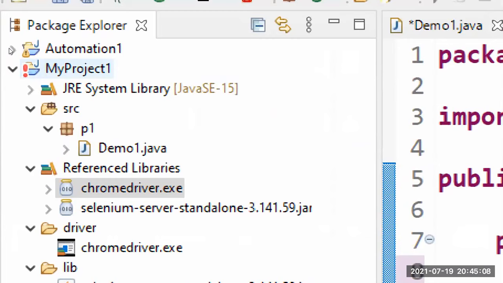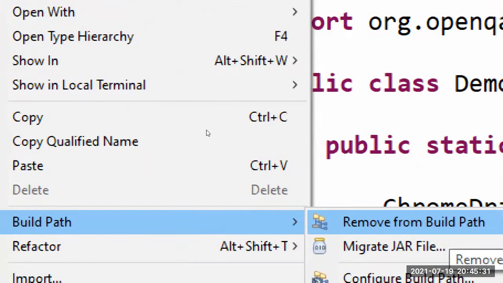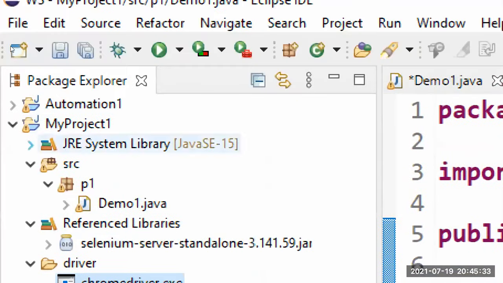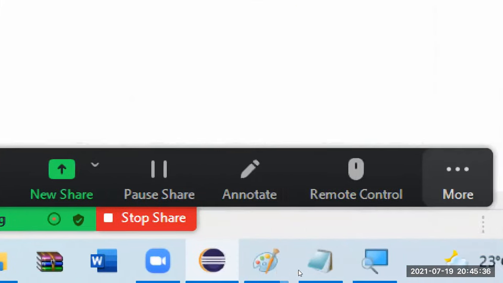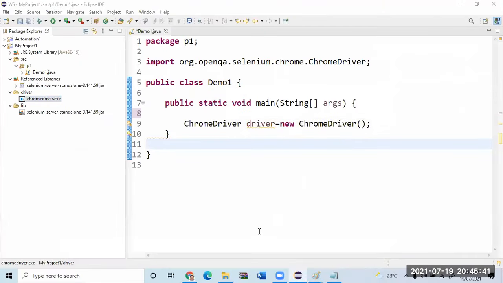That means there is an error in the project. So when do you get an error? If you add the exe file to the build path, never do that. What should I do? Right click, Build Path, Remove from Build Path. The error will disappear. I'm sorry, I'll just zoom it out. Understood what happens if you add the exe file to the build path?